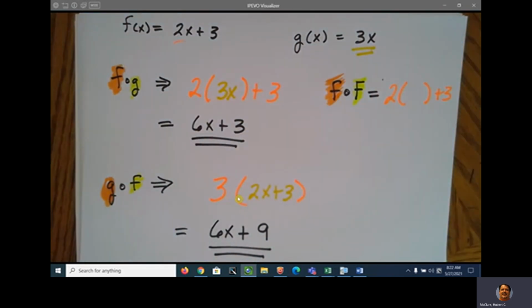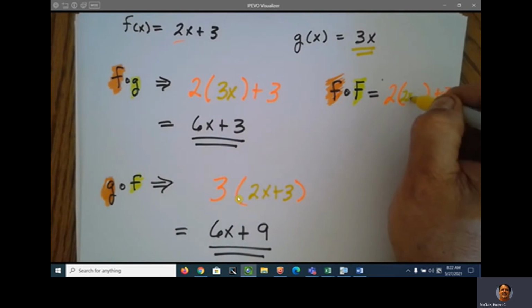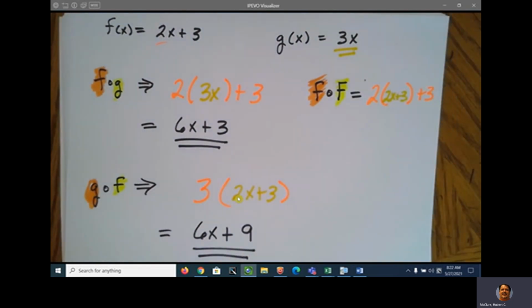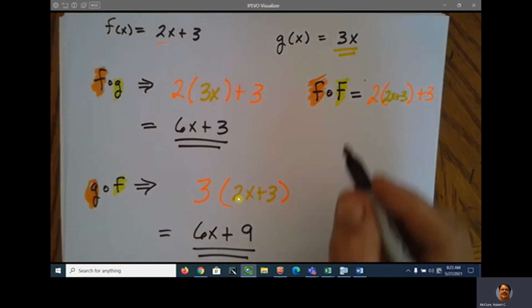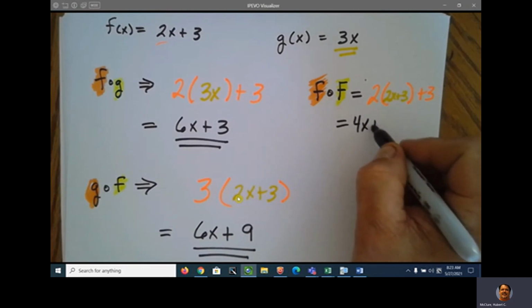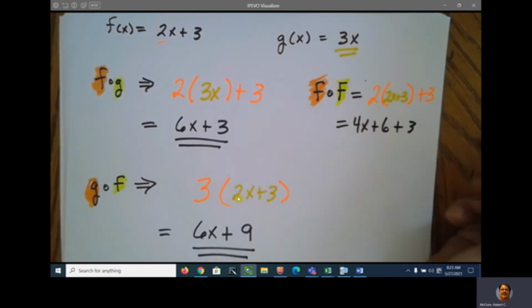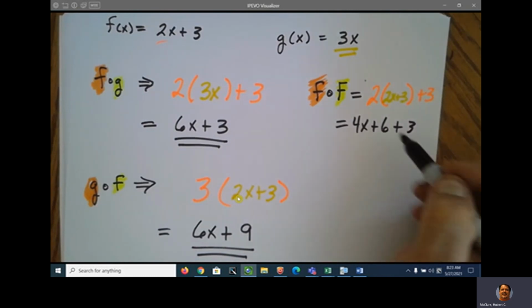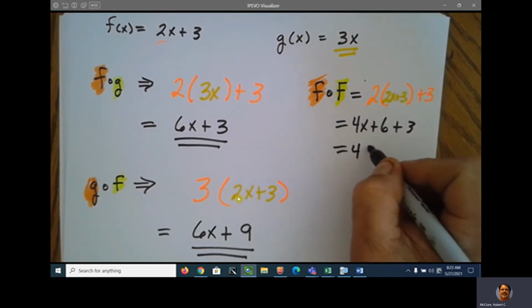So I'm going to plug in f, which is 2x plus 3. And that's going to give me 4x plus 6 plus 3, because 2 times 2 is 4, 2 times 3 is 6, and then that's